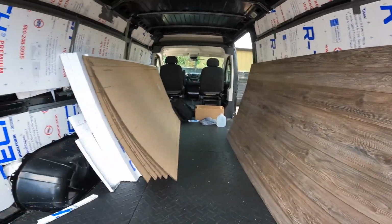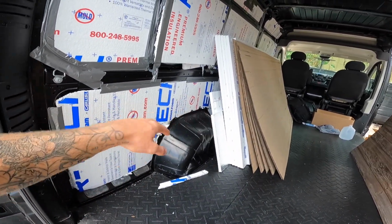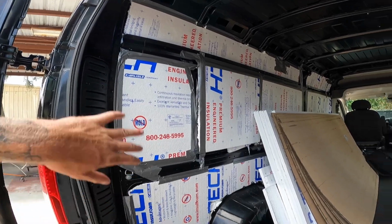So I'm gonna try to get the walls done. Dan's gonna help me out. I've never done any type of cutting around a wheel, like wheel well like that, so I don't really know how to do that, but Dan's gonna teach me today. I'm basically gonna learn, and we're gonna do the walls today, and then I think Wednesday, which would be 2